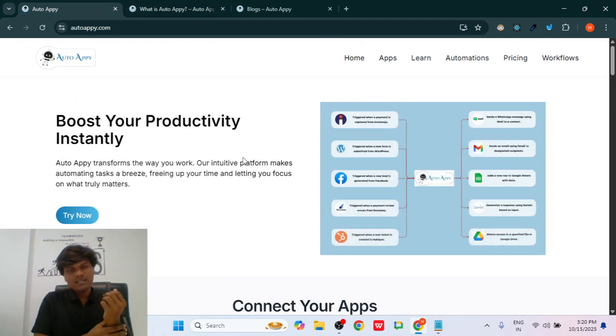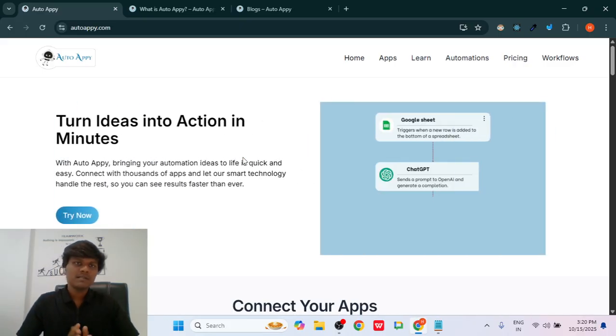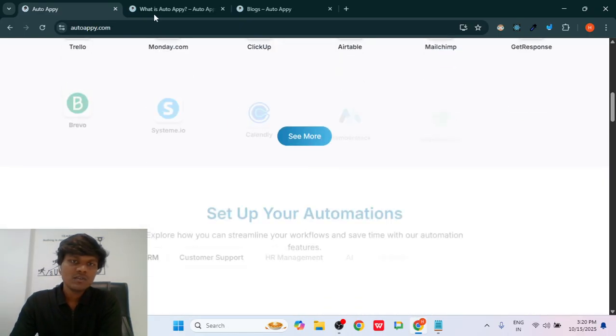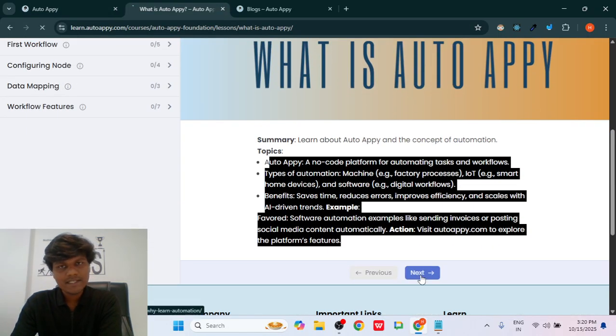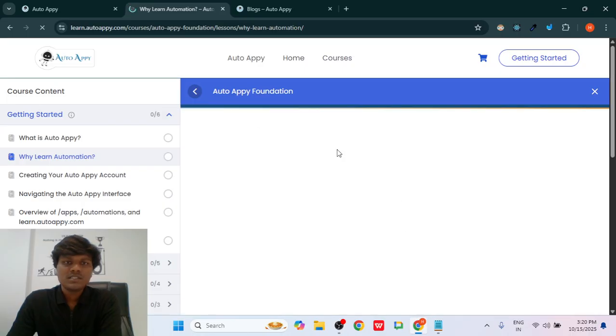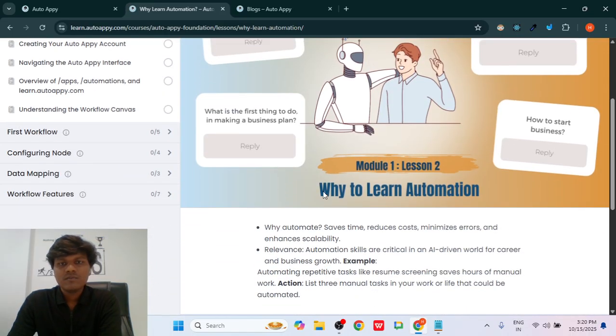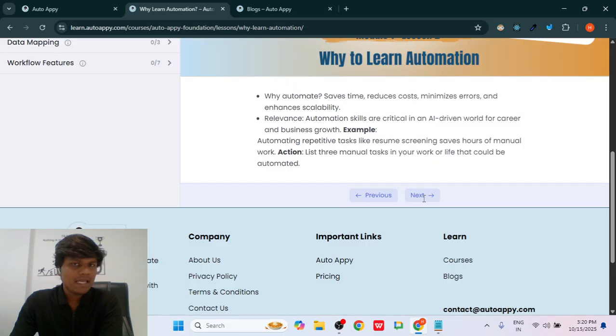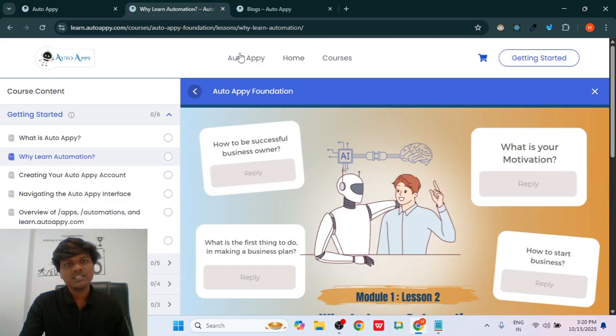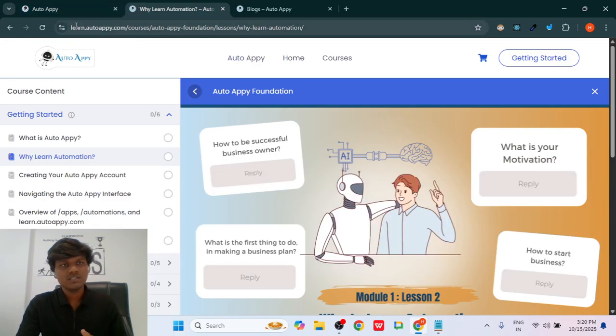So it is a very basic overview, right? Now we are going to look at the next lesson, which is why to learn automation. Just to give you context about the documentation that we are following, which is